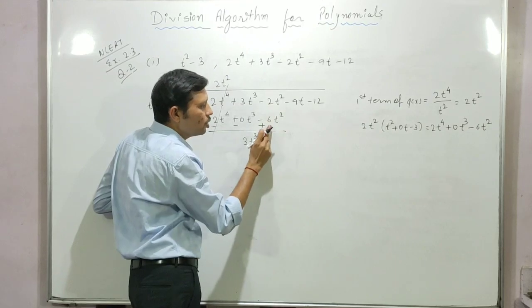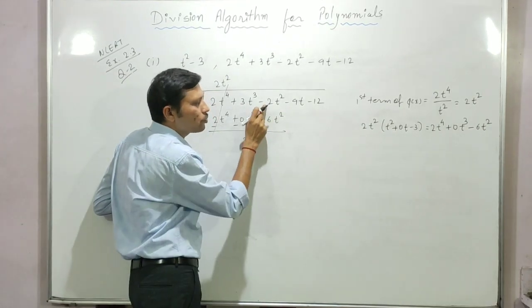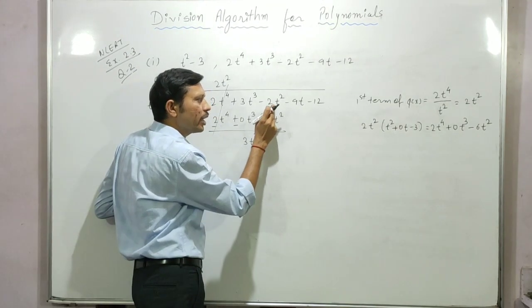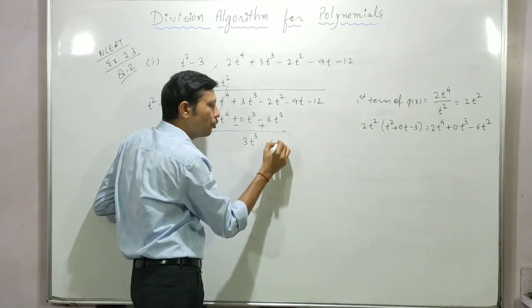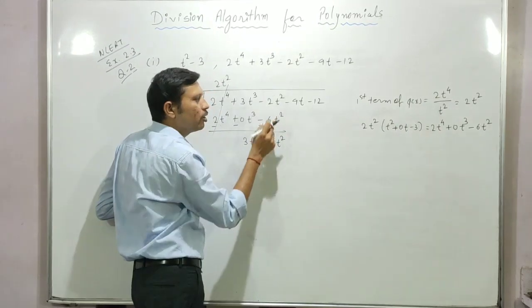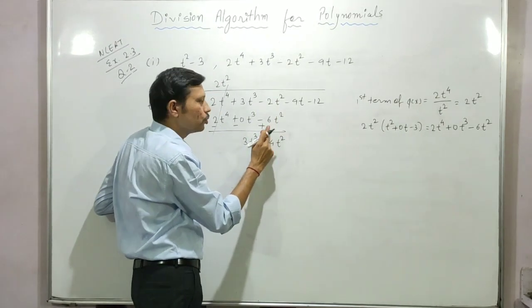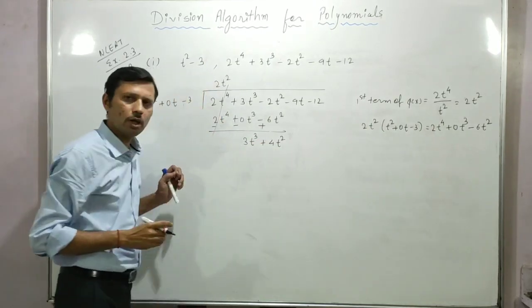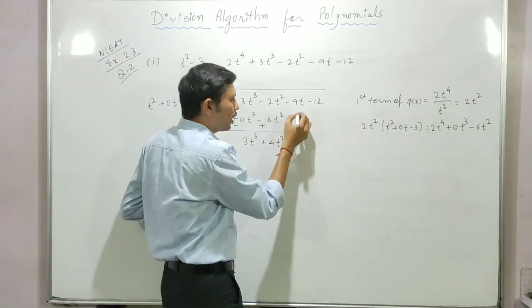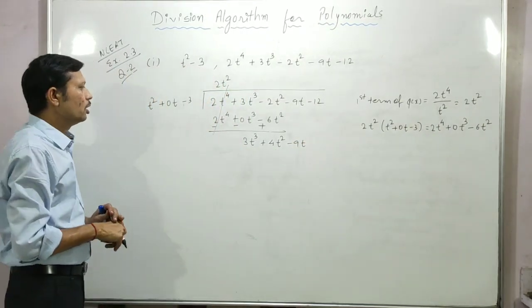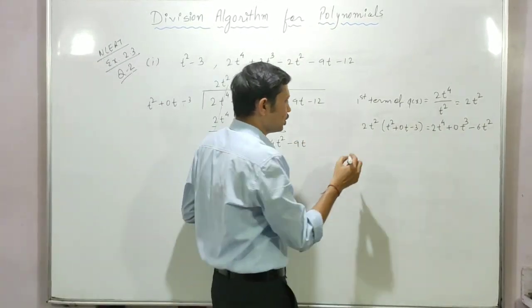Here both are like terms, but this one is positive and this one is negative, so it should be subtracted. From the 6t square I subtract the 2t square, so what is left? 4t square, and the sign of the greater term. Who is greater? 6t to the power 2, so the sign is positive. Understood? Now we have to carry minus 9t here for the further division. Now the second term of the quotient,